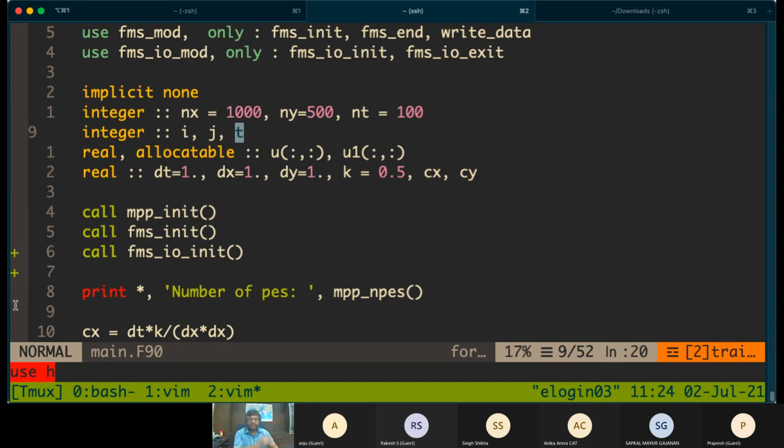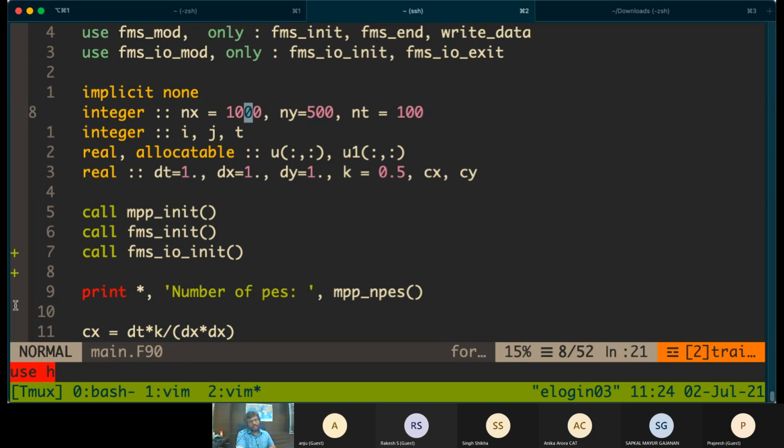Let's say we have more processors and we want to use many more of them. In that case, we have to do a 2D decomposition, decompose the domain in both the directions. And let's say we have 50 processors, and we want to do a 2D decomposition.